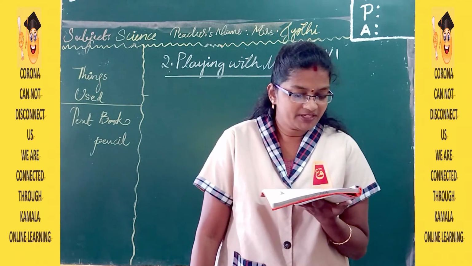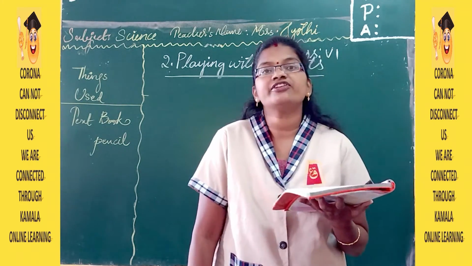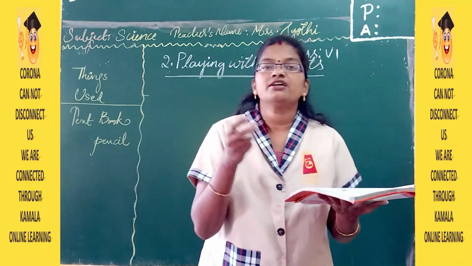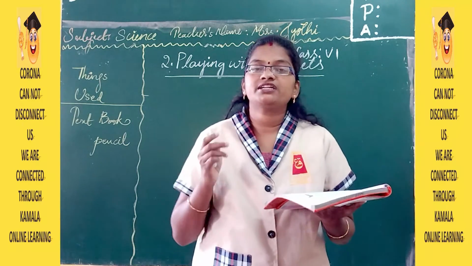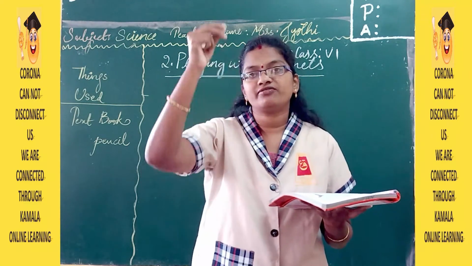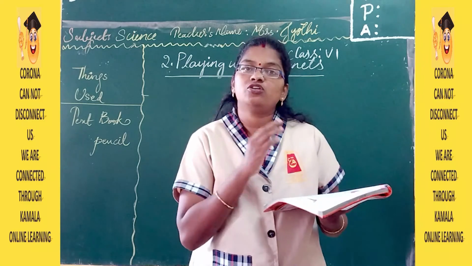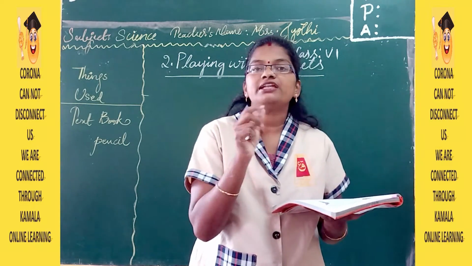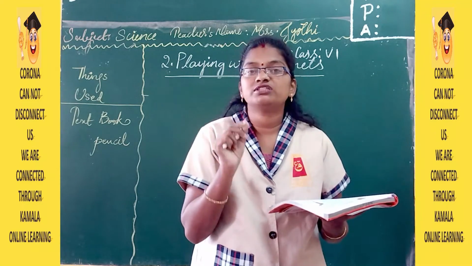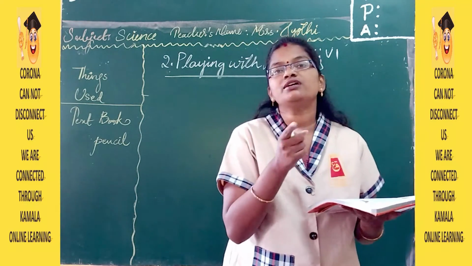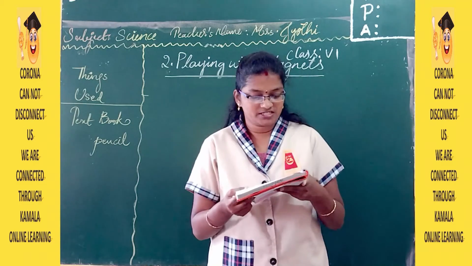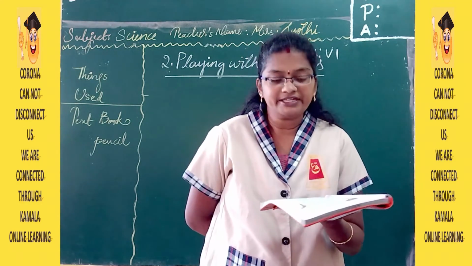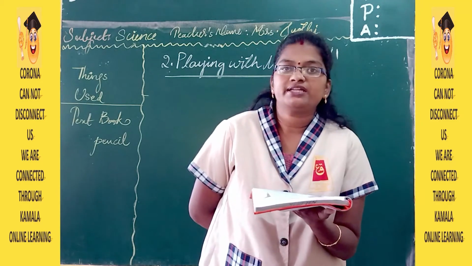So what will happen if the nail is now suspended freely? Now this nail has become a magnet. In the previous activities, we kept a bar magnet and suspended it to find out the north and south directions. Now the same nail, if we suspend it freely, is also going to show the north and south directions. So here is an activity about that. Activity 10. Make your own magnetic compass.